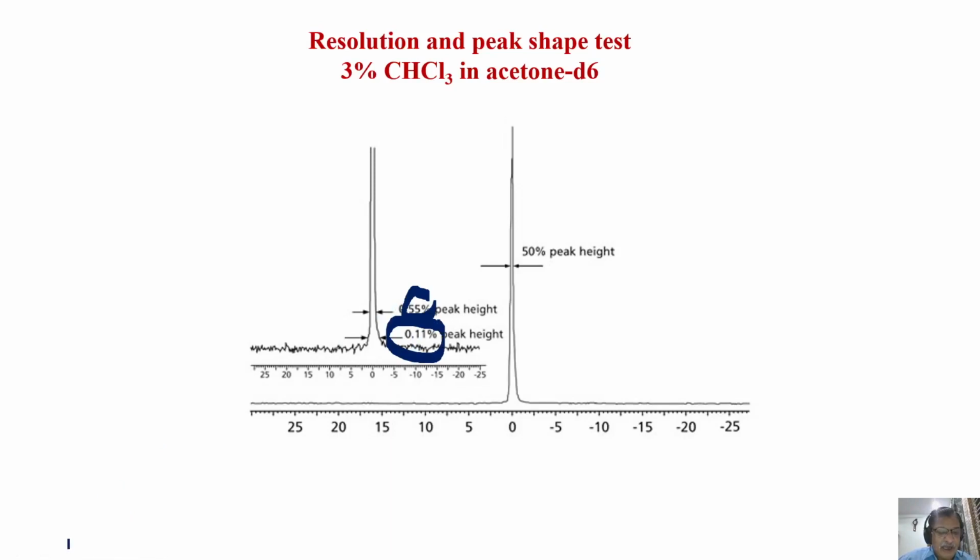But anyway, it is an unintentional error which you can understand. Nobody will believe 0.55% is lower than 50%. That is 0.5. Okay, let's say it's a mistake. But remember, it is 0.055 at the height of the satellite. This is 0.11% of this one. So these are the conditions you have to match. Then you know the peak shape is good. It's a very good shape you got, and the resolution is very good.